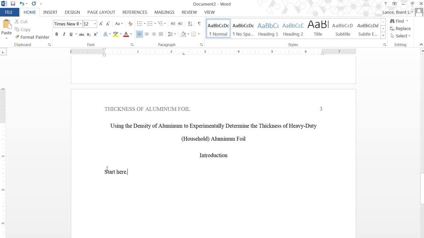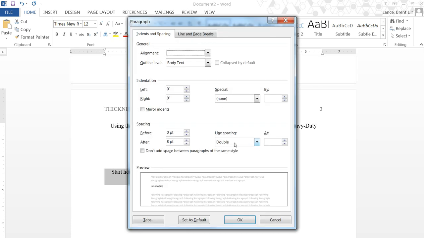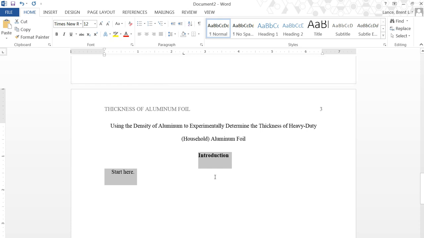but you have to indent these paragraphs, so you just have to do a regular tab. I'm trying to hit a tab button there. The introduction heading is already in Times New Roman 12-point font. If it wasn't, I would change it, and I'm going to bold that section of the paper. Again, I'm just going to make sure that I define this as double spacing, and it is double spaced, but you would start typing there with your indented paragraph, and you just do the rest of it like a regular paper